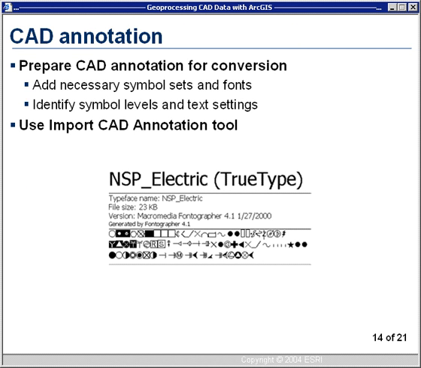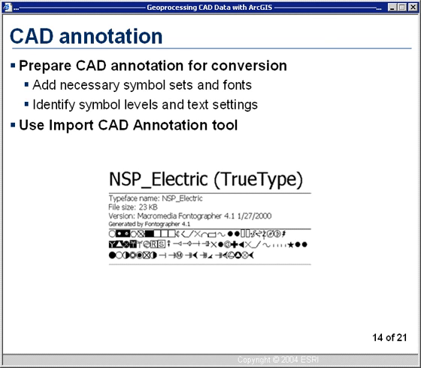Some understanding of attributes and CAD schema is useful for helping tell the story about CAD annotation. The CAD annotation feature class that you might be familiar with in ArcGIS is a result of the direct read technology. Generally, CAD text is stored in independent layers, but direct read pulls that text information and creates an annotation class out of it. As well, geodatabase annotation feature classes have very specific schema. For those of you who have created a CAD or a GIS annotation layer from scratch, you'll see that there's default schema. In order to manage this translation from CAD layers to geodatabase schema, use the Import CAD Annotation tool,